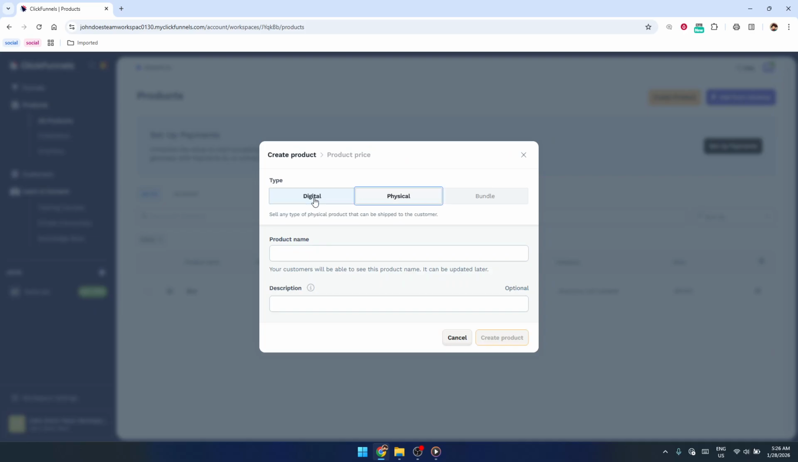Next, Clickfunnels will ask you to choose what type of product you're creating. You'll typically see two main options, physical or digital. Choose physical if you're selling something that needs to be shipped, like a book, merch, or any tangible item. Choose digital if you're offering something that can be delivered online, such as a course, an ebook, or access to a membership area. Select the option that best matches what you're selling, since this can affect how fulfillment and delivery